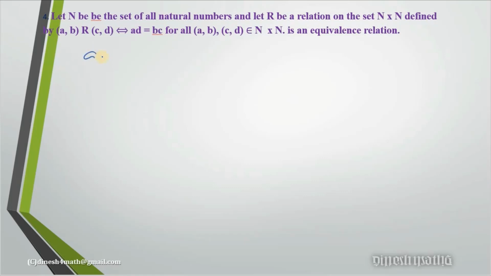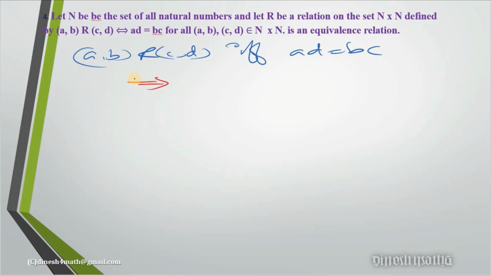Again, just like the other question, it is given that (A, B) is related to (C, D) if and only if AD equals BC. Again, I am using the same technique here also. The elements are (A, B) and (C, D). So I am rearranging the question as A by B equal to C by D. I am just rearranging, push the D down and B to this side. So A by B equal to C by D. Now we will go one by one, again reflexive, symmetric and transitive.